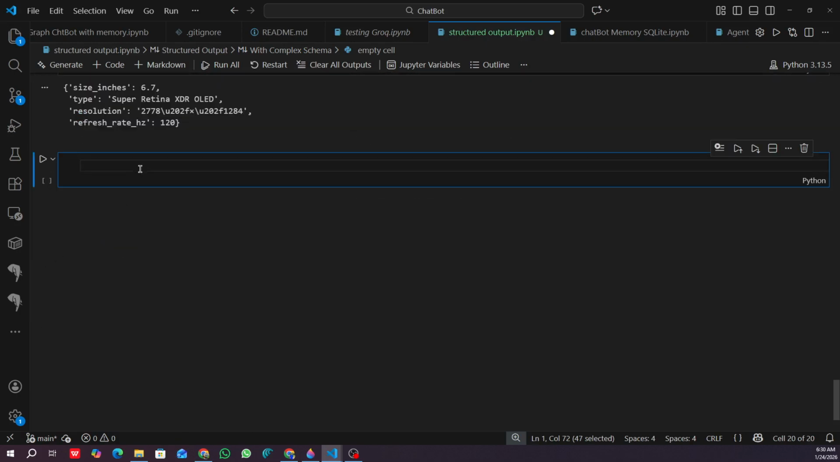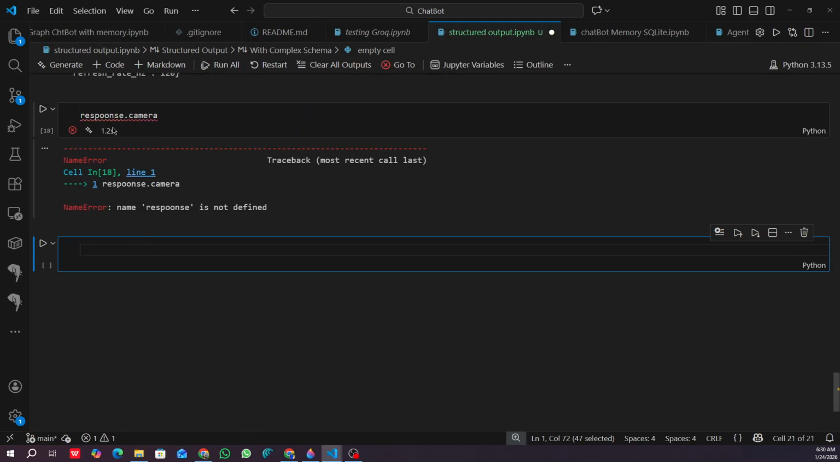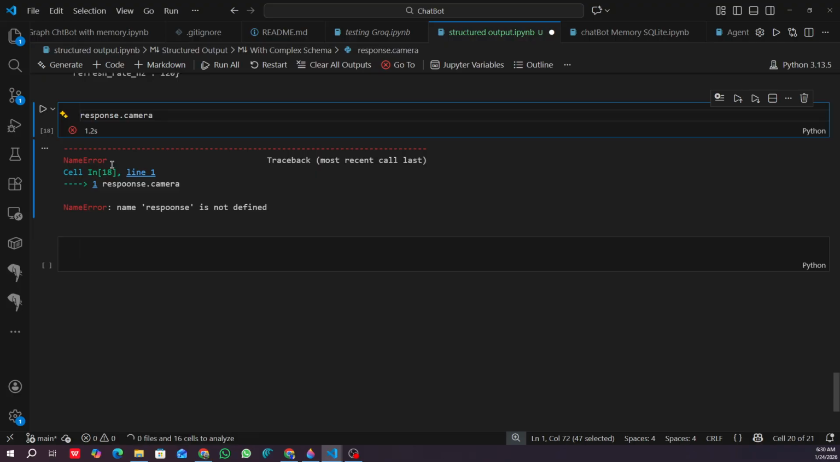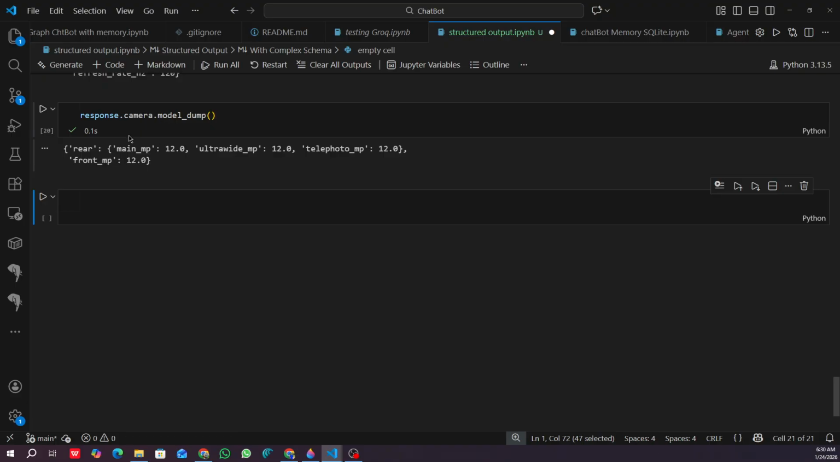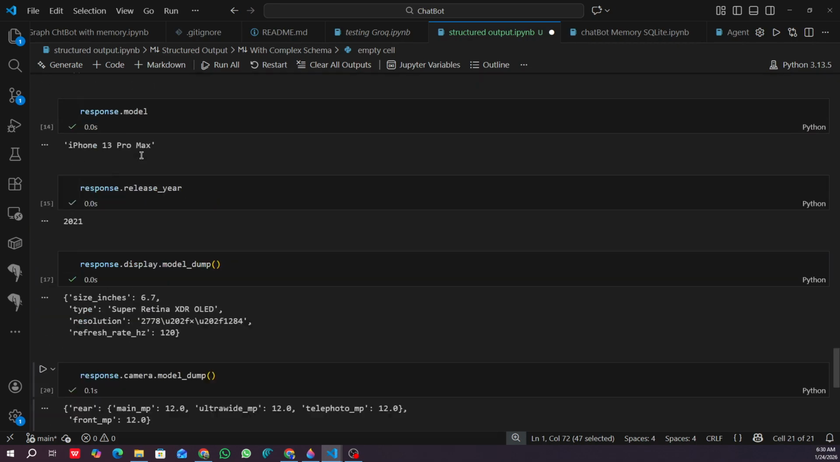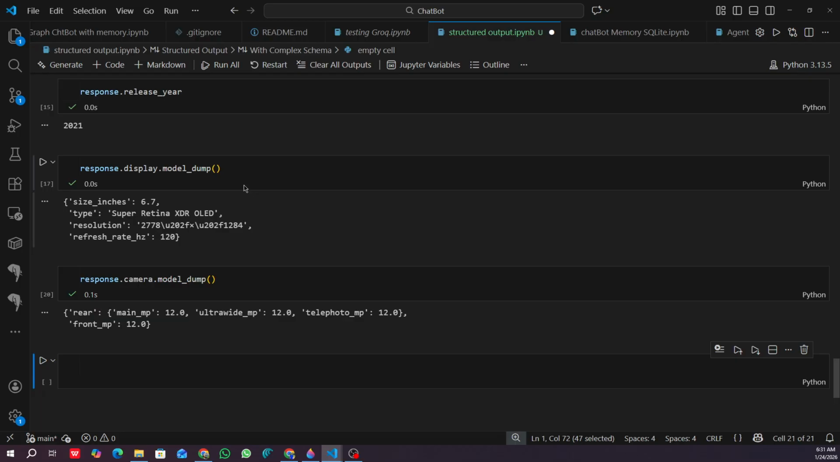So I can say response dot camera. Okay, there's a mistake here. So this is response.camera. It's a type of camera spec. All right. So let me say the model dump. And if I run this now, you see that we'll have the rear camera, which has the main MP, which is 120, 120, 120. So this is how you can actually extract a structured output from an LLM. You can build any schema of your choice, and then you'll be able to extract a structured output